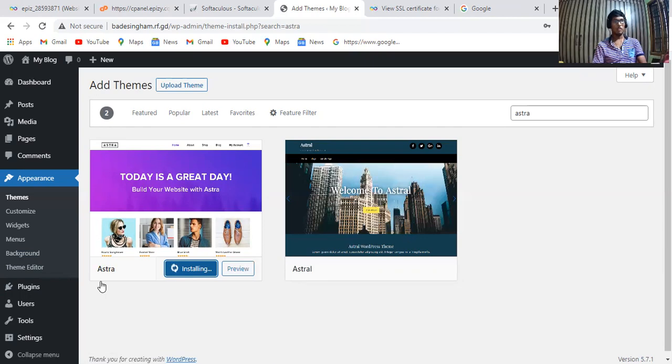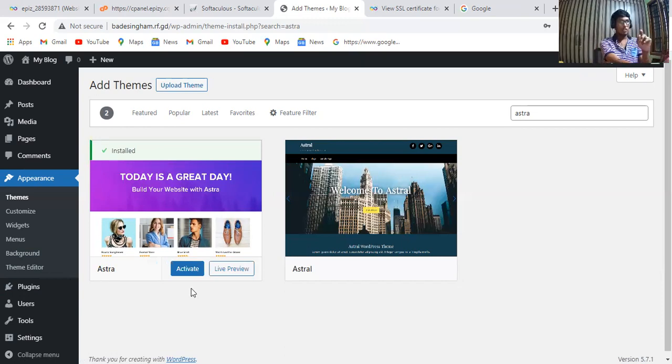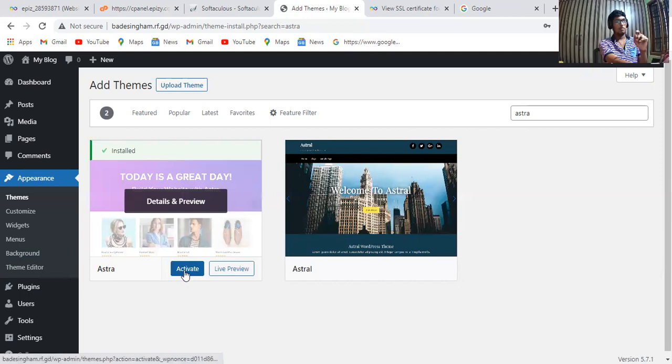But it will work 100% surely. So let's wait. And after that, afterwards, you have to click on activate. Now I'm going to click on activate it. So let's click on the activate button.